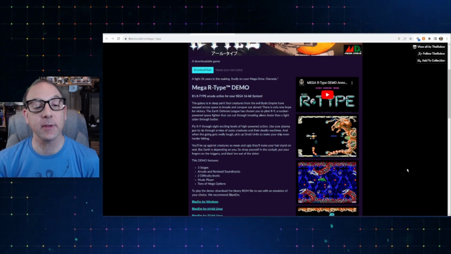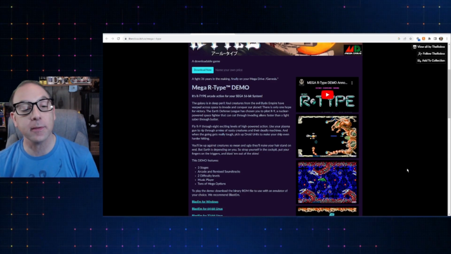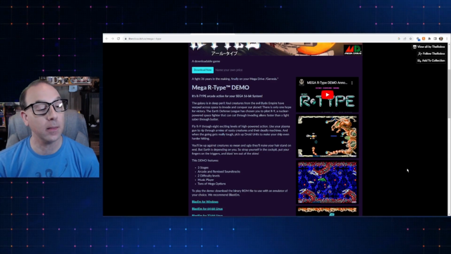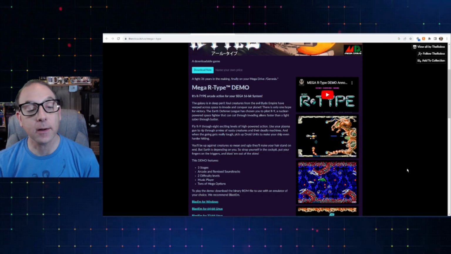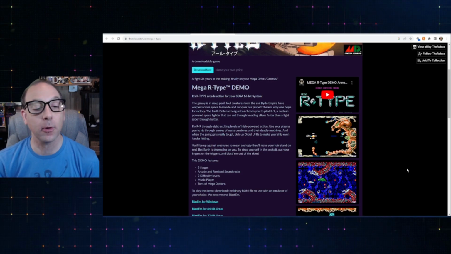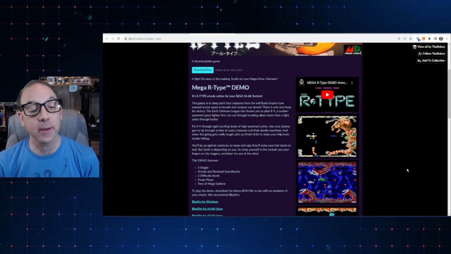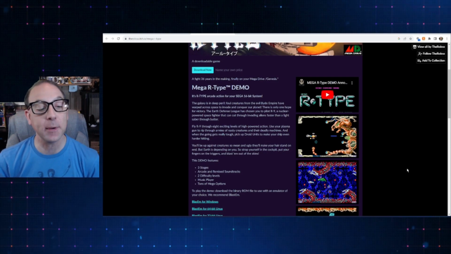The Earth Defense League has chosen you to pilot R9, a nuclear-powered space fighter that can cut through invading aliens faster than a lightsaber through butter. Fly R9 through 8 exciting levels of high-powered action, using your plasma gun to rip through armies of nasty creatures and their deadly machines. And when the going gets really tough, pick up droid units to make your ship even